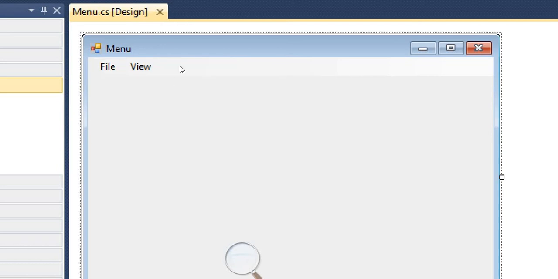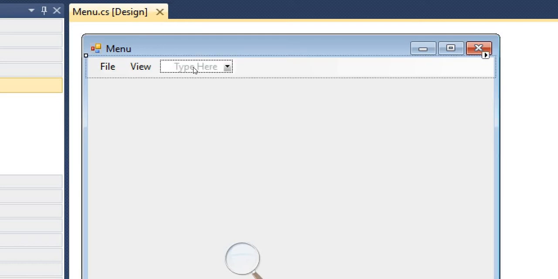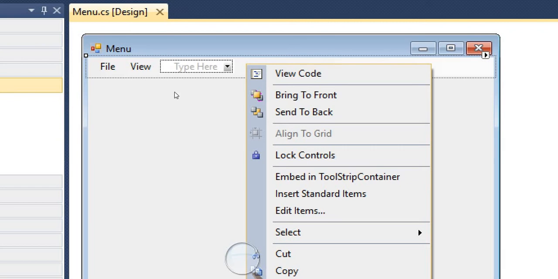Likewise you can design your menu. It's a direct designing procedure.